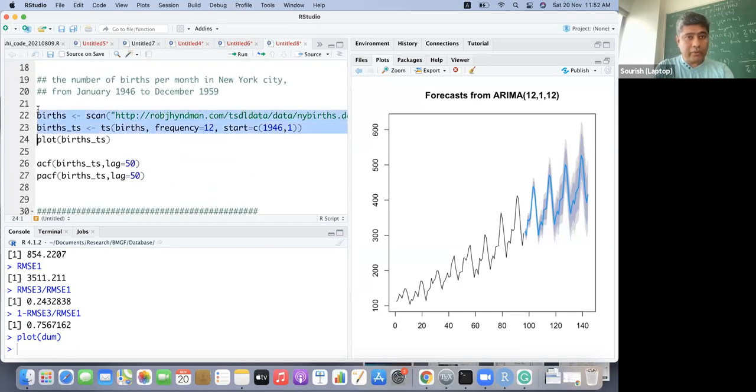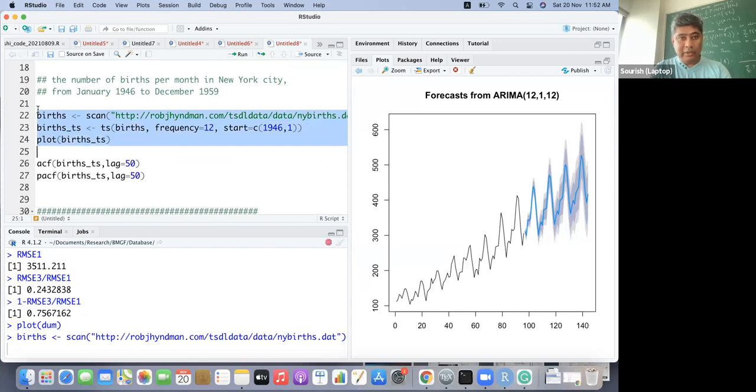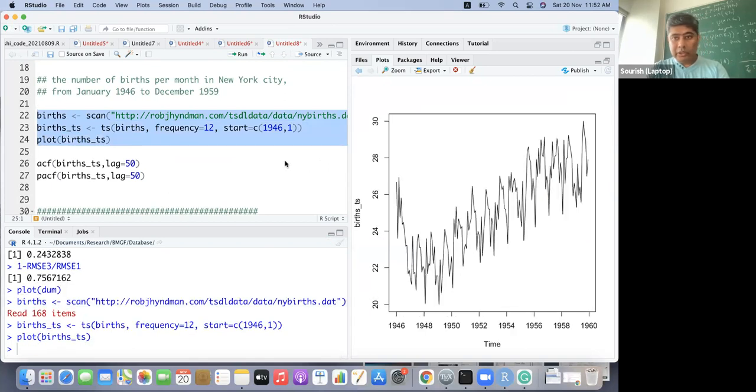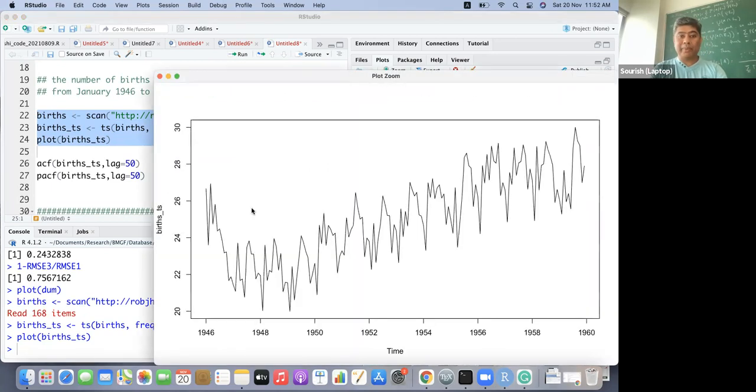If you look into the birth time series data, it also has similar features, but it is slightly more complicated than the air passenger data because it has a sudden drop, and then the trend starts and the seasonality comes into the picture. So you can take the first few years up to maybe 1956 and keep the rest as a test, and try out how well your forecast is doing.